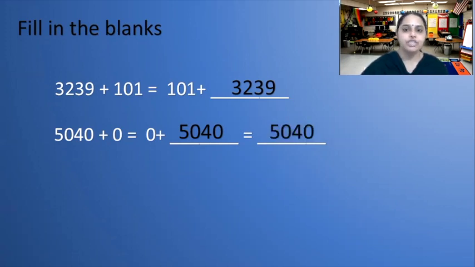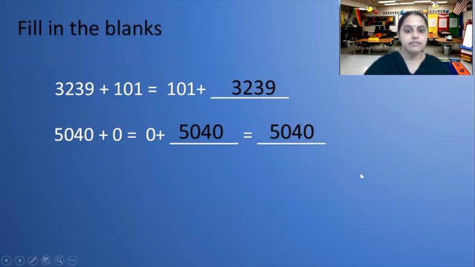Okay. So now which property was used in this? We have used two properties of addition in this. What is that? First is order property and second one is zero property. Order property means we changed the order and wrote it. What is zero property? Any number which is added to zero, the answer will be the same number. It will be the same number.